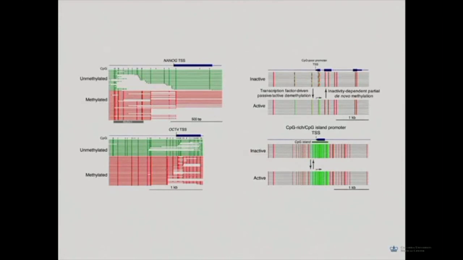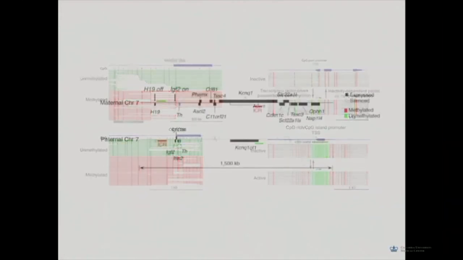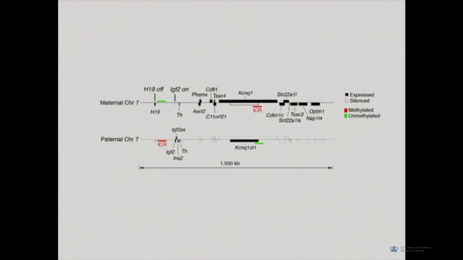So I showed this slide already, and I showed a version of this slide as well. But remember, if this region is methylated, H19 is off and IGF-2 is on. If it's unmethylated, H19 is on and IGF-2 is off. So we wanted to know if we could find a factor that could cause biallelic expression of imprinted genes and